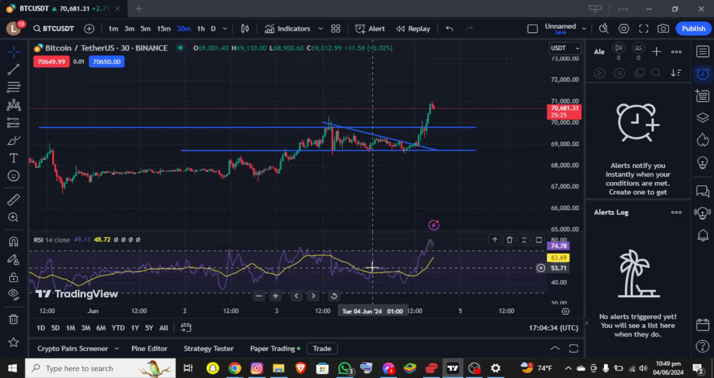So basically this is how you can read RSI on TradingView, and if you still encounter any issue with this